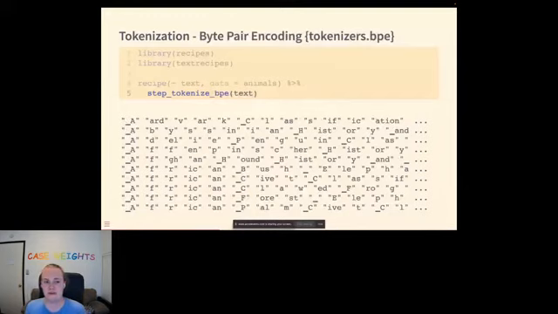So now we have a first order support of byte pair encoding from the tokenizers BPE function or package. And I'm not going to explain today what a byte pair encoding is, but